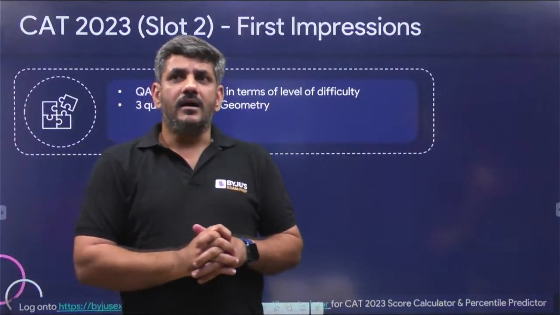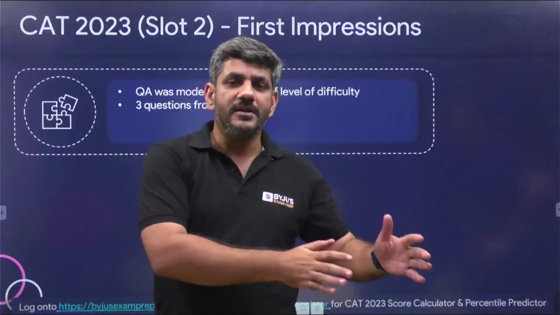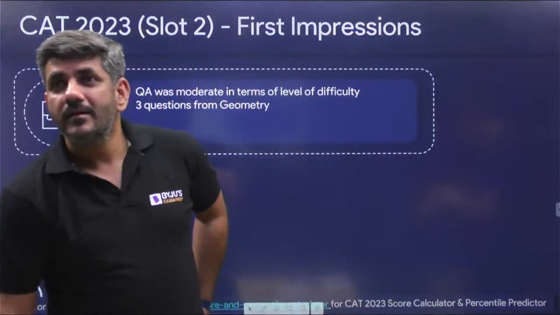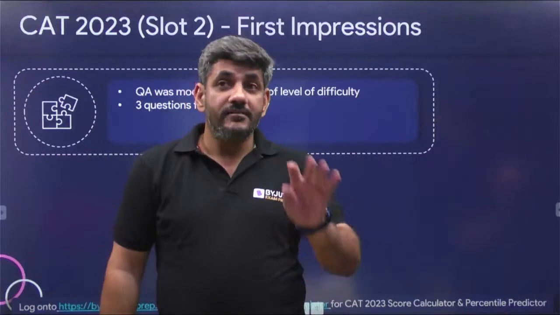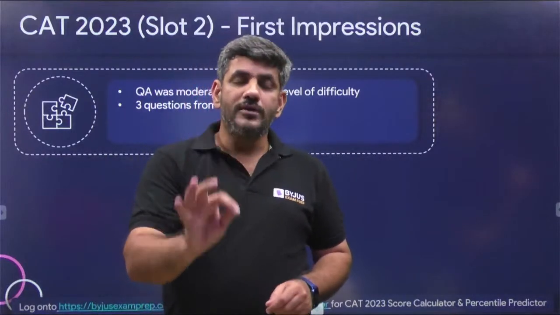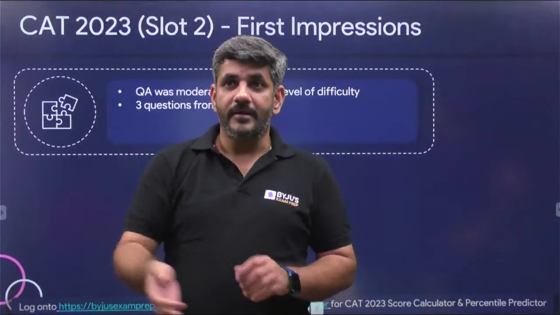Pratham, we will be talking about that as well: in the QA section, if you would have done this many questions, what percentile you can expect. We will be coming to that part as well. I attempted 5 questions in QA. Do not feel bad about it, Neeraj. Even at 5 questions, in my opinion, you are definitely going to score more than 90 percentile in the QA section if all 5 are correct.